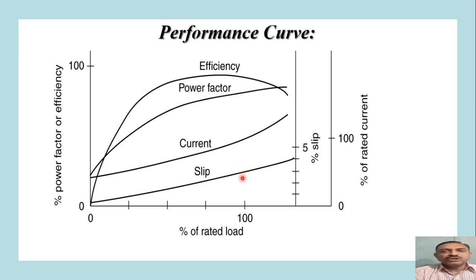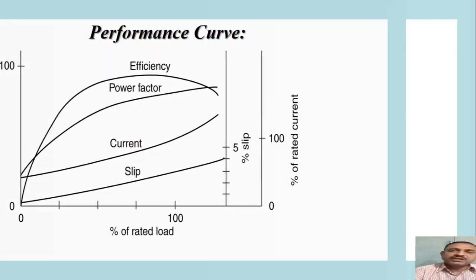Slip is also going to increase, because as the more and more output we are getting from the rotor, it will slow down, so the slip will be increased. So in this way, we can plot this performance curve for various parameters, and we can get the complete performance characteristics or data of the given 3-phase induction motor under testing. Whatever we have discussed is the direct testing of electrical machine.